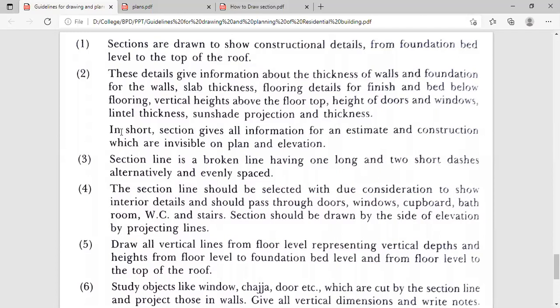Then how much quantity of cement is required, how much brass of tiles is required, then whatever painting is required, then what kind of material we are going to use for the doors and windows, and how much of that material is required.